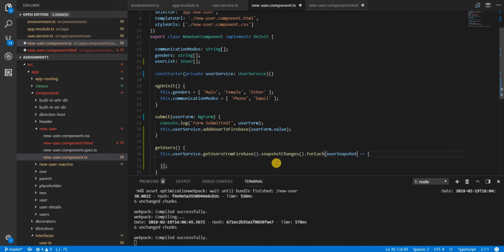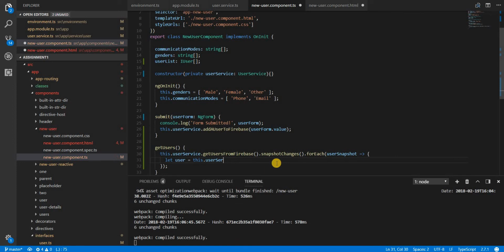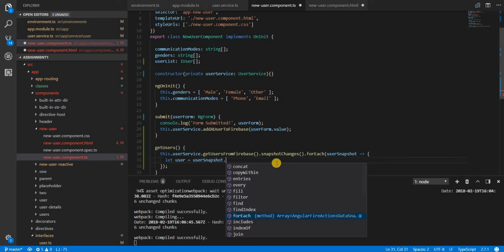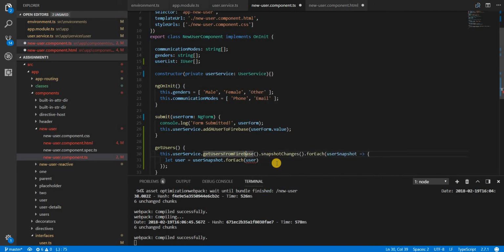And inside this user snapshot, now let's create a user here, which is going to be user snap. Sorry, this is not going to be this dot user snapshot, it's just going to be user snapshot. I'll again have a for each method on it, and I'll get, let's call this users snapshot, and this will return to us a user snapshot,